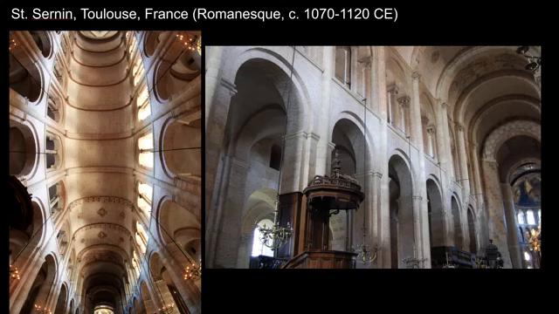In this view of the nave vault, we see the transverse arches springing from these substantial piers over the vault of the ceiling and then down the other side of the nave. And then in this image, we see the nave arcade plus the gallery level above, giving us a better sense of the rhythm of the space and how it propels us forward to the most sacred part of the church.